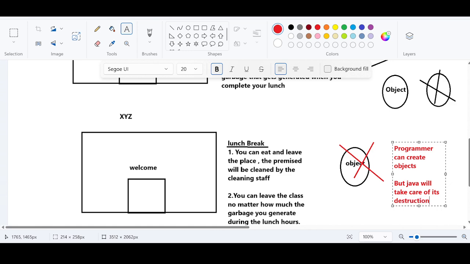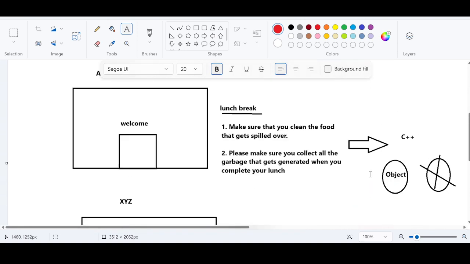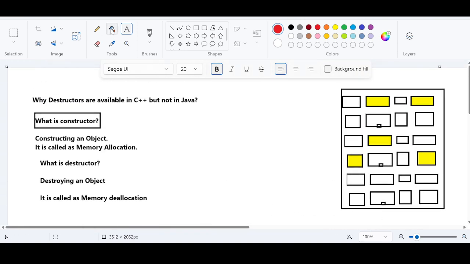What happens if the destruction is not taken care of properly? So let us go back to this analogy. If you say,